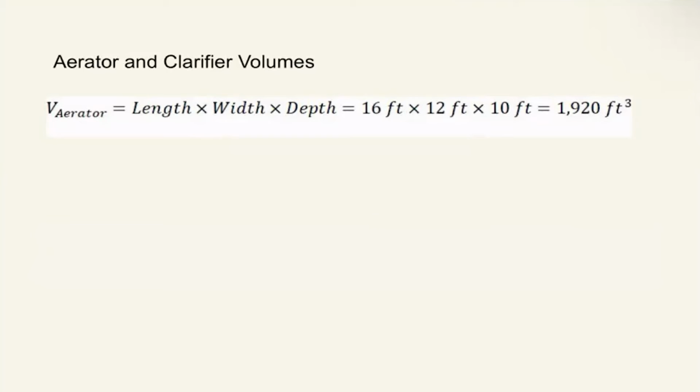So now we're going to convert this cubic feet into gallons. And we do this by multiplying our 1,920 cubic feet by our conversion unit, which is 7.48 gallons over a cubic foot. Which if you remember, a cubic foot is equal to 7.48 gallons. So when you put them in a fraction together or a unit conversion, they're basically like multiplying times 1. And we can cancel out the cubic feet on the bottom of that unit conversion with the cubic feet in our term 1,920 cubic feet. So this equals